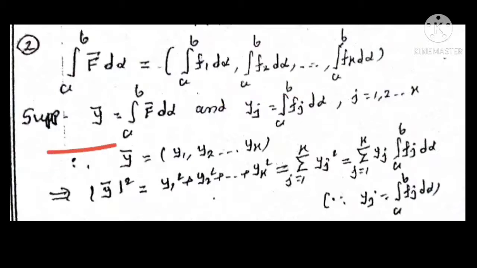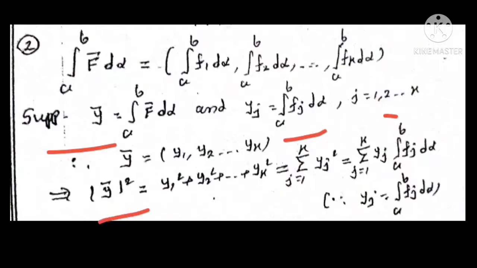y bar is equal to RS integral of f bar with respect to alpha on closed interval ab and yj is equal to RS integral of fj with respect to alpha on closed interval ab, where j is equal to 1 up to k. Therefore, y bar is equal to y1, y2, up to yk,